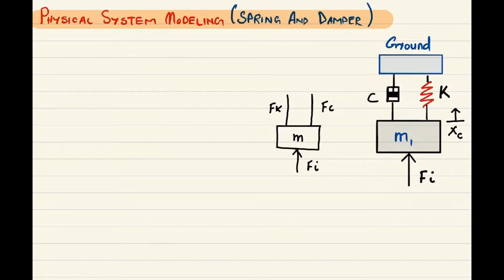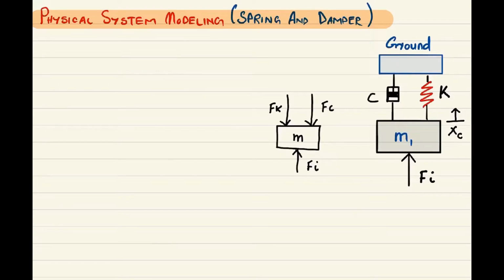So for that, let's see that when the input force Fi is applied in this direction, the reactive force produced by the spring will push this block downward, and similarly the damper will push this block downward as well, which means these two forces are going to be in the downward direction. So now we can easily draw the direction of it, and we know Fc and Fk are pushing this block